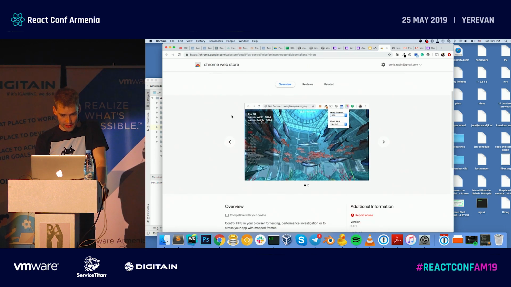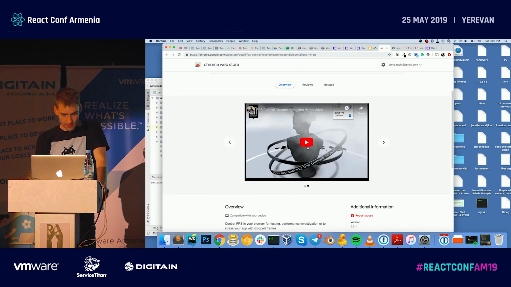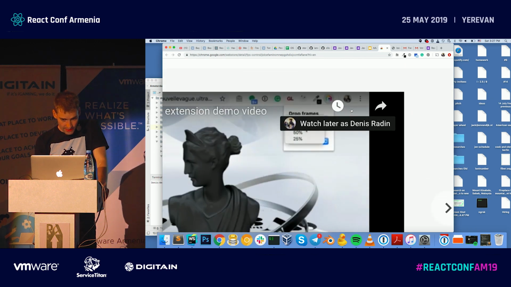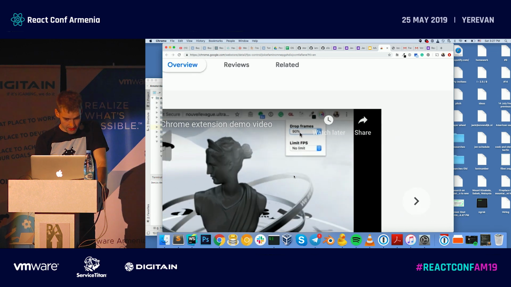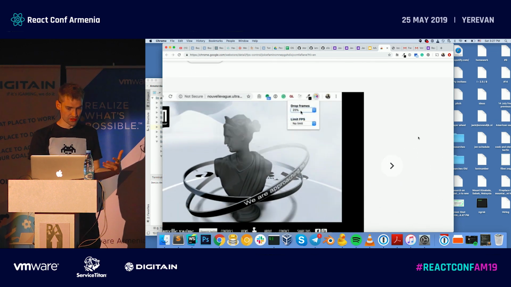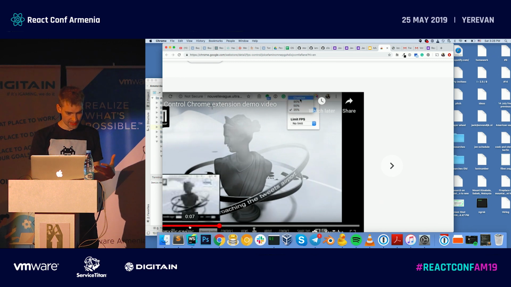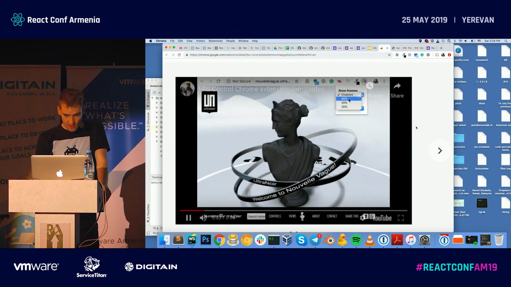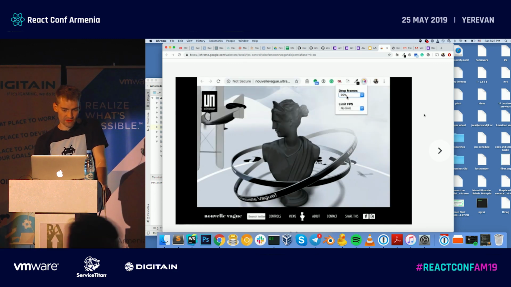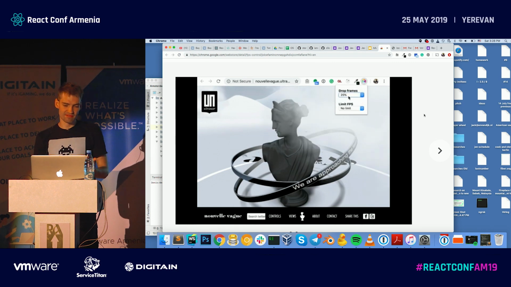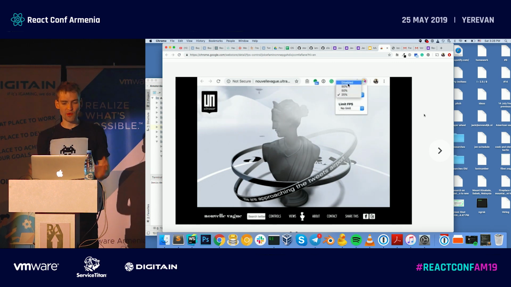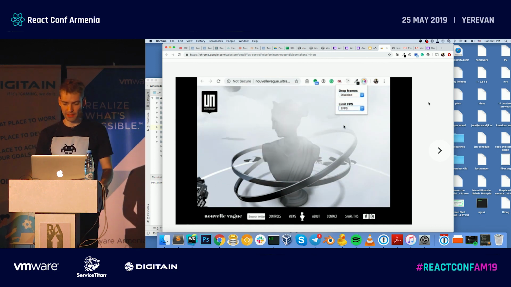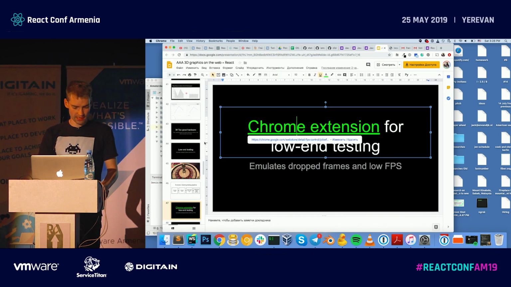FPS control, and now we can test with drop frames how it works. So basically, you can pick the number of dropped frames, and it starts to drop frames. Now it's going to be 90% of dropped frames, and you see that it's lagging, or you can pick 25. So now we are sure that we can emulate dropped frames, and we will never miss an issue connected with this kind of low-end testing